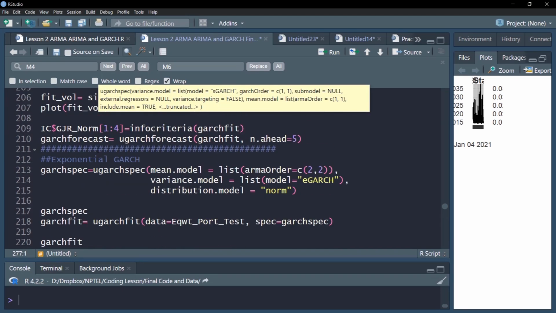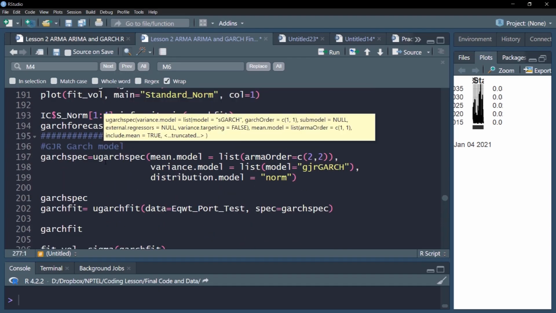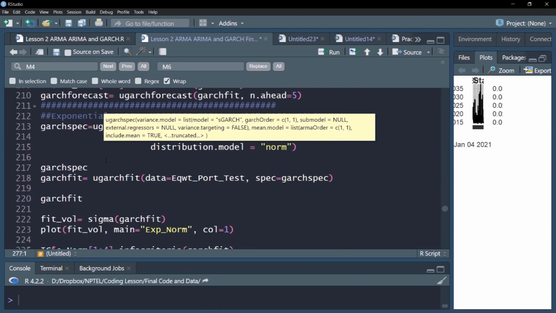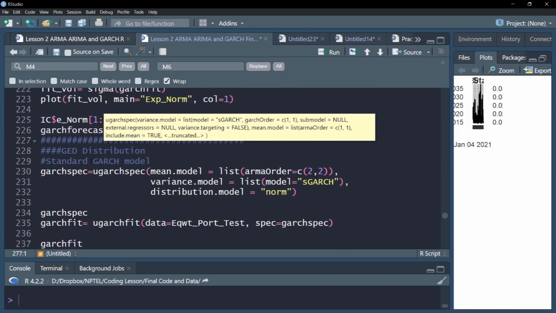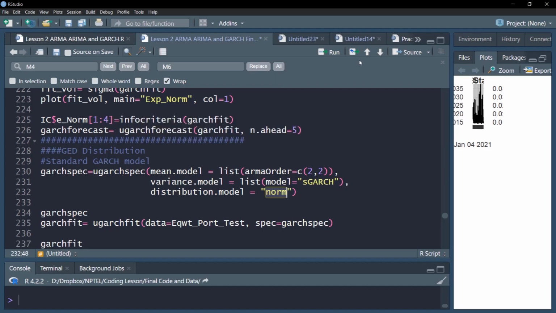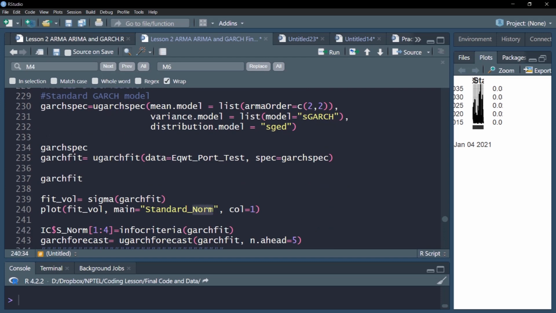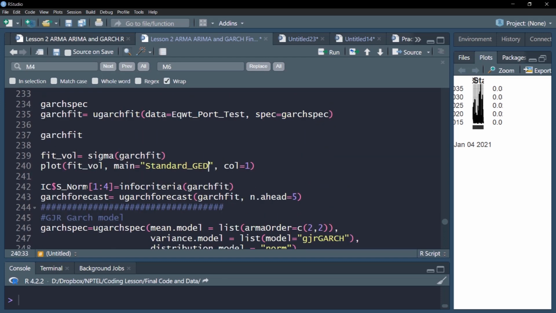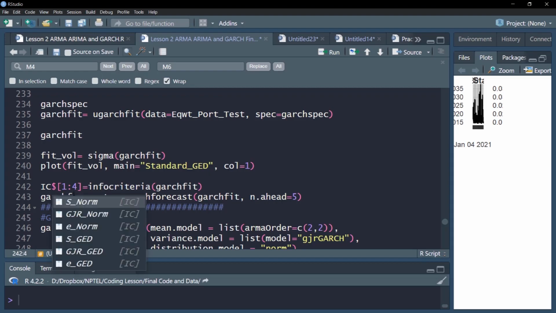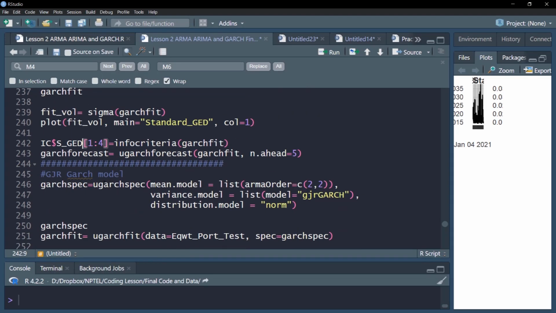All I need to do is, in the same set of models, change the distribution to SGD. I also need to change the plotting, and then here GED.